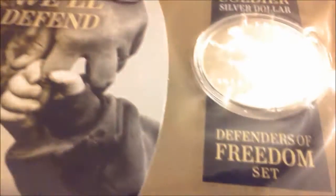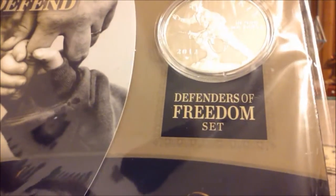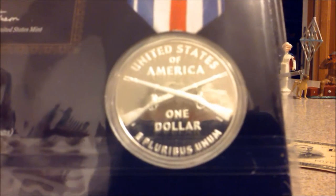I'll move this tablet a little bit. Oh, I'm getting a light in there, but I'm making it worse. Okay. So there we go. That is a very nice example of a modern day coin. And the reverse is there. That's a better shot. The muskets,